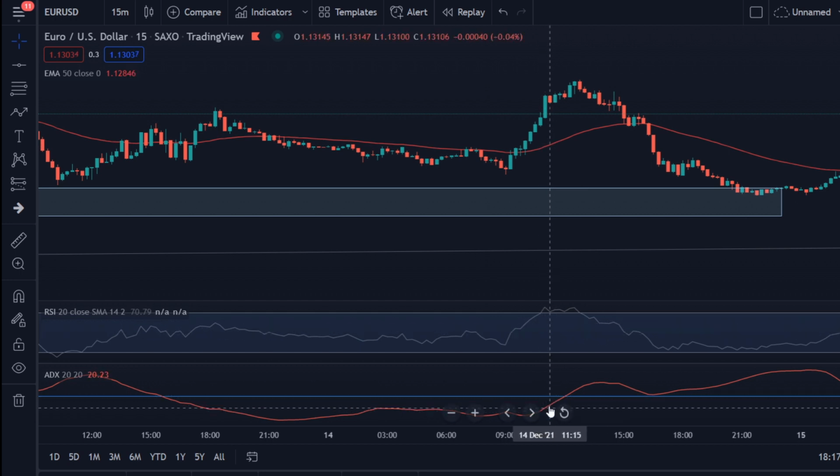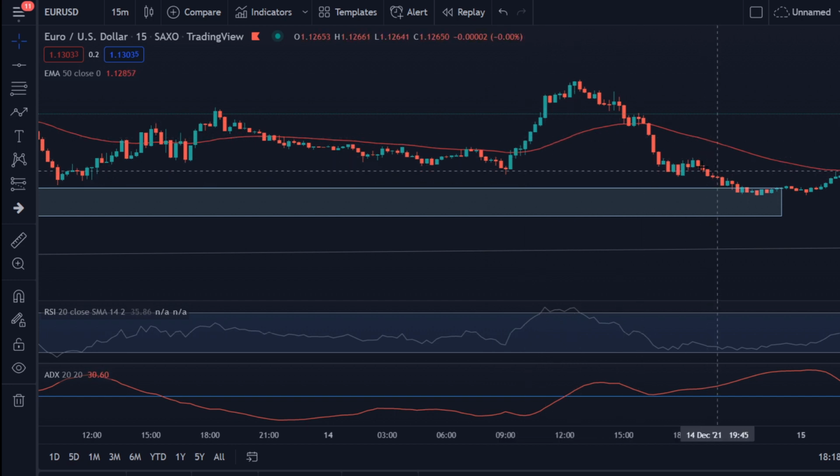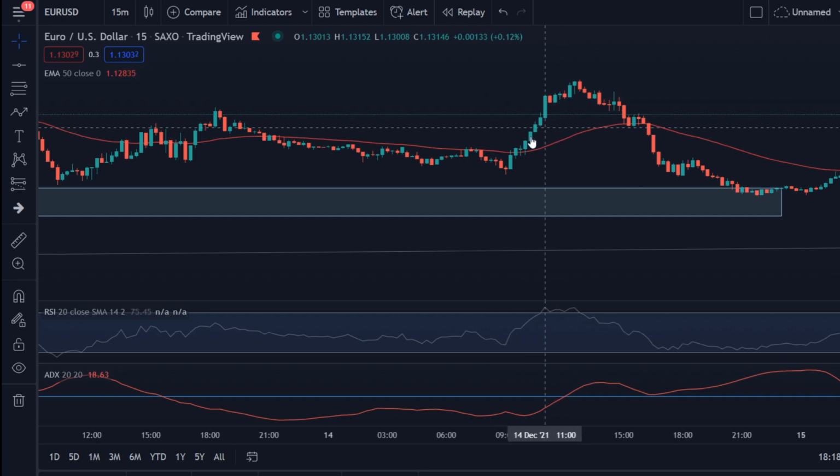But let's say that the ADX line was above the 25 line, as you can see over here. This lined up as well, so then we take a buy trade. So again, let me summarize the steps. First of all, we need to identify if the price is above the 50 exponential moving average, or below for sell trades, of course. But let's say that now we're looking for a buy trade. The price needs to be above the 50 exponential moving average. Then we need to wait for the ADX to be above the 25 level. And then finally we need to wait for the RSI to cross the 70 level,